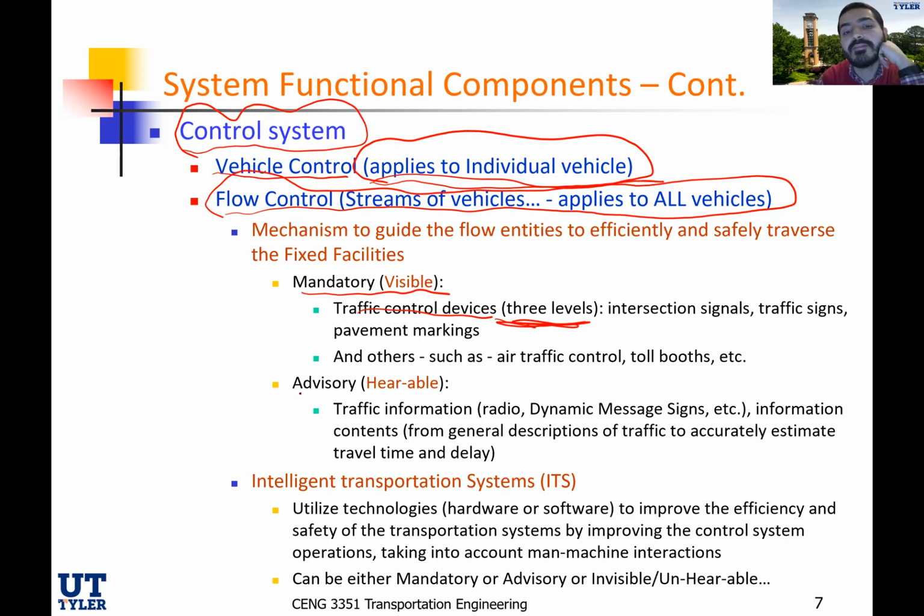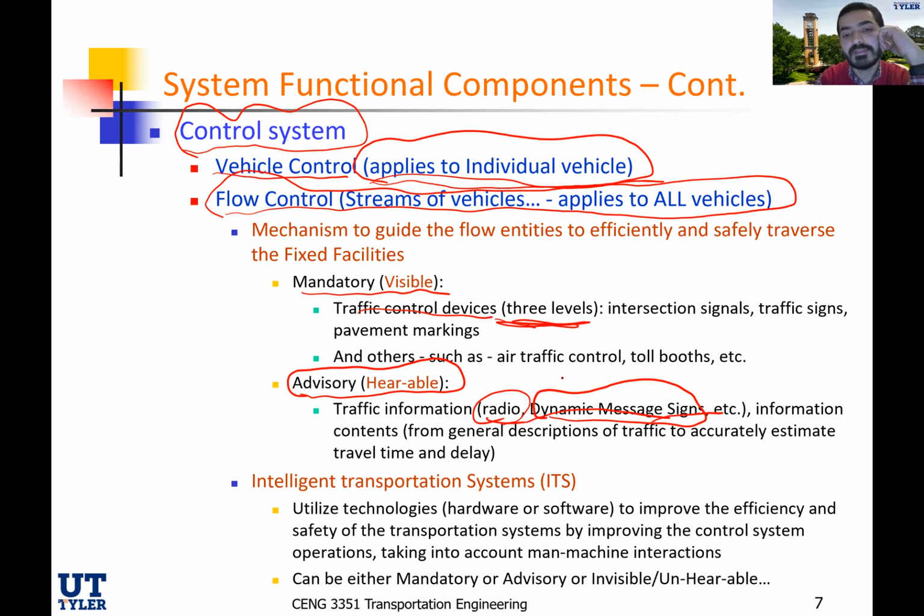But also we can have an advisory, which is a hearable mechanism. So advisory is traffic information through the radio or dynamic messaging signs. I don't know how many of you are still using radio, but definitely we're using Google Maps, Waze, and other applications, as well as now you're seeing those dynamic message signs that can tell you what's going on. If there's an accident, 15, 20 minutes, the DOT will have the capability to update that sign to tell you what's going on. It can tell you about off-ramp closures and any other information that we need to deliver to the public.